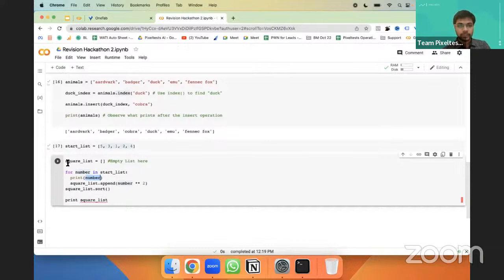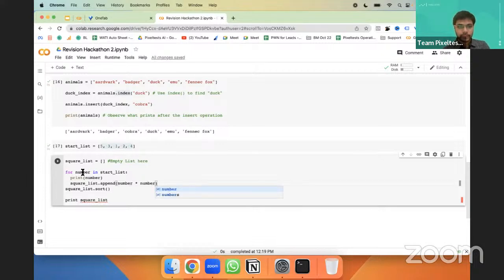Now we have to take the second list, which is square underscore list. In that, we are going to add the square of that particular number. When you say star star, it is the power, number power 2, or instead you can say number into number, even that is fine.